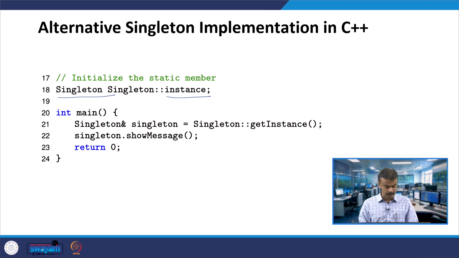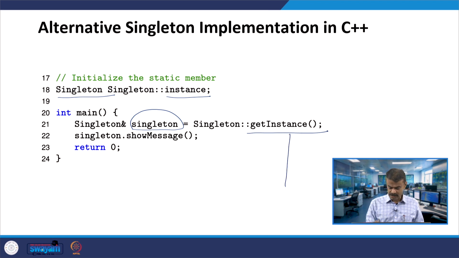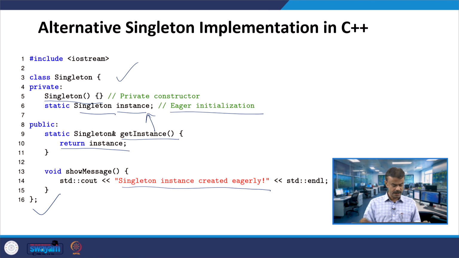In the main program, we have the reference singleton, because we are calling the member function get instance. Get instance will return instance.